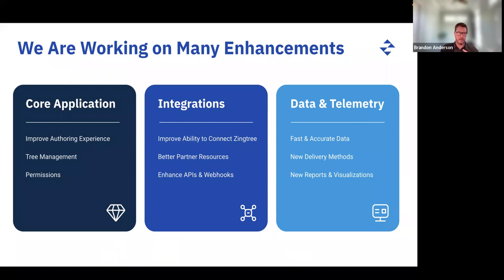But we're really excited about the new enhancements. And like Debbie just said, when you live in the tool, like we all do here at Zingtree, and you start to utilize the new features and functions, you'll find that there are a lot of efficiencies that are going to make that better. Having said that, we realize that it will take training, and you might just be one of many people utilizing the tool, and we have resources at hand to help you along that journey as well. So if you have concerns or questions, or you want to go a little bit deeper with our team, just let us know. We're happy to engage and help you as you change over into the new authoring experience.